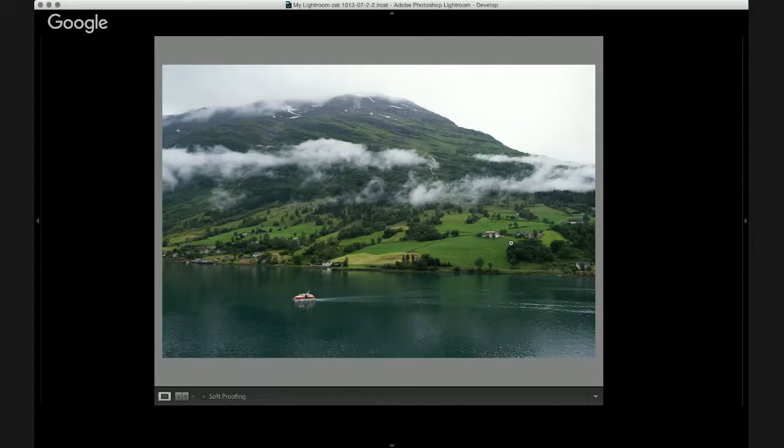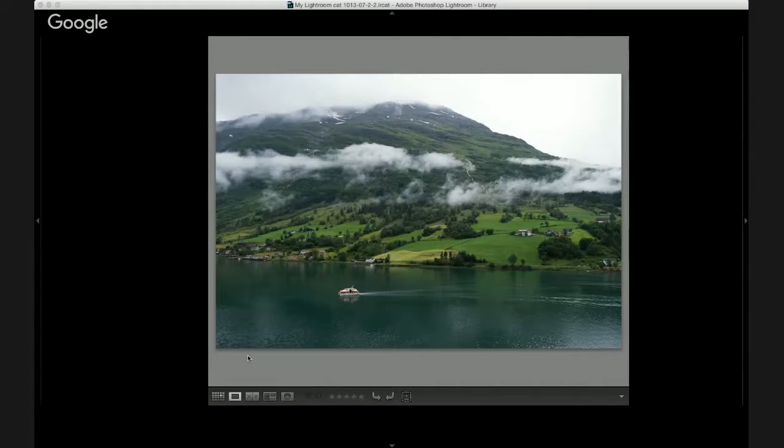I'm just going a little bit slowly because I want to see what actually comes up on the screen, because I've noticed when I've been doing presentations for you using Lightroom, you don't see the left and right menu bars on the develop module side of Lightroom. So I'm just going a little bit slowly, but suffice to say, if you in actual fact take, let's go back into library, sorry, and select